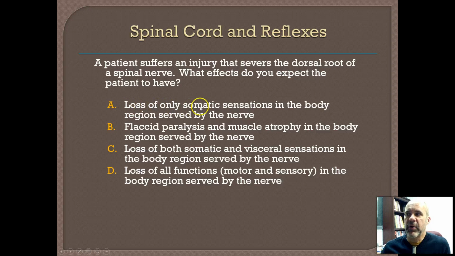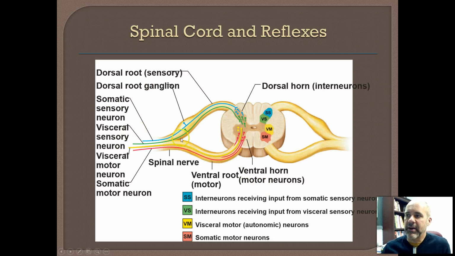All right, A, loss of only somatic sensations in the body region served by the nerve, flaccid paralysis and muscle atrophy in the body region served by the nerve, loss of both somatic and visceral sensations in the body region served by the nerve, loss of all functions, motor and sensory, in the body region served by the nerve. So if we go back and look, the blue neuron, that's a somatic sensory neuron axon, and green, that's a